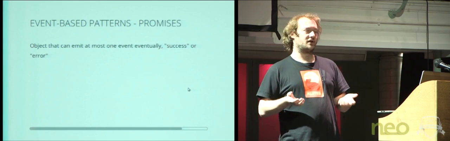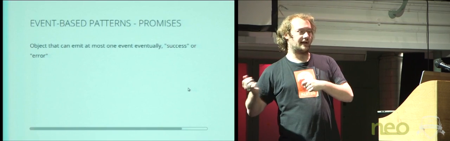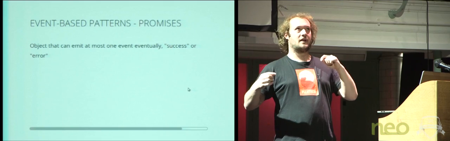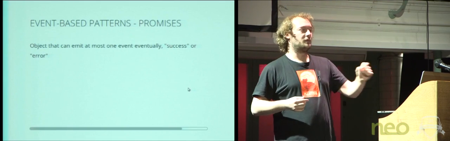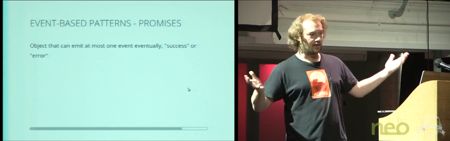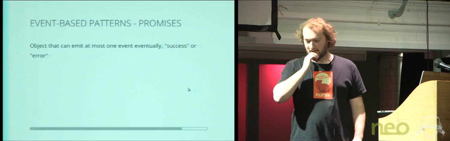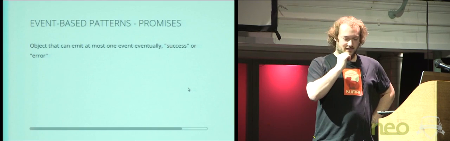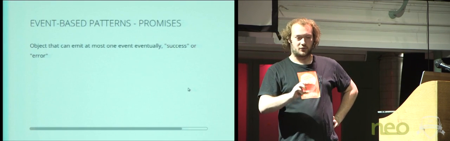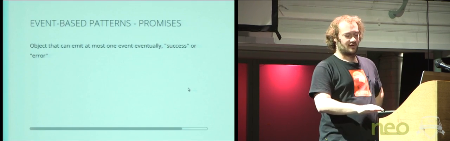Like, I don't know, geolocation. You ask for the user's geolocation, and either it's going to be successful or not. The geolocation API is not based on that, but it could be really easy to make it a promise. And there are a lot of them. HTTP requests: a speaker earlier suggested the idea that an HTTP request would be a stream that will only have one value, and I thought that was an interesting idea. I would call that a promise.